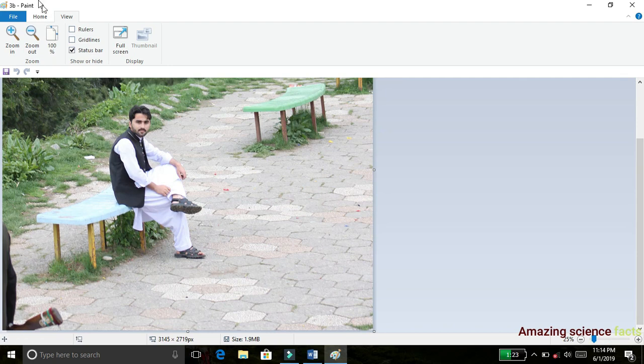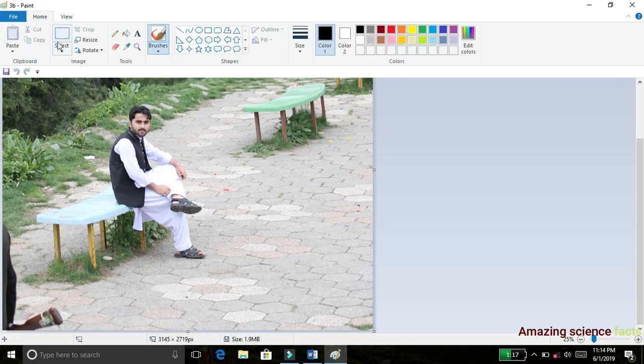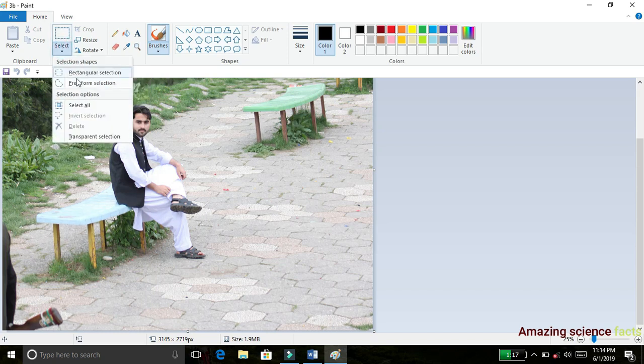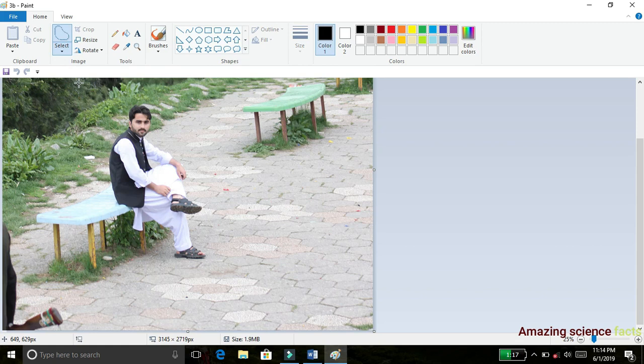I will decrease its size and now I will edit this photo in order to make the background colorless or white. For that, click on Home. Here is an option Select. Click on the Select option and here is another option which is Free-form selection. Click on this. As you click on Free-form selection, now you can start selecting the photo from here. So here I am